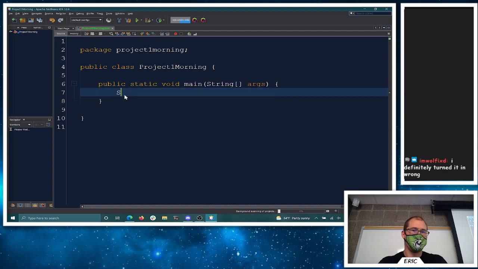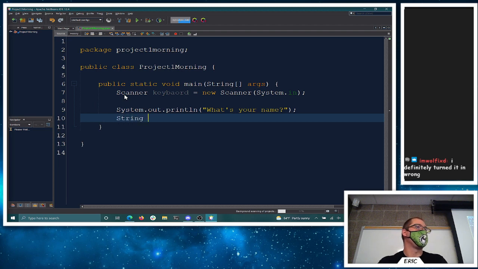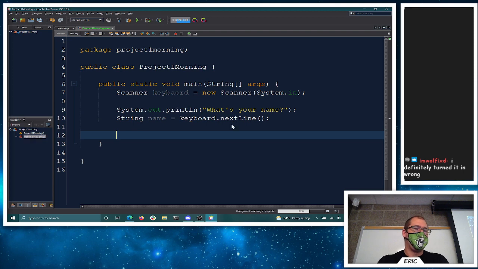So we're going to ask for their name, and then username, and all the other ones. To get some user input, we need our scanner. I like calling it keyboard because the name doesn't really matter as long as you know what you're using. Ask them, what's your name? Then we need a place to store it, so we have a variable for their name, and we assign it whatever we get back from nextLine. Whatever they typed in, we just use.